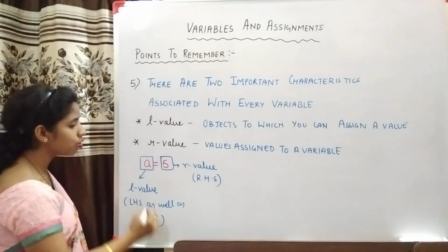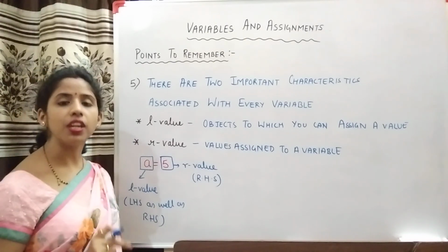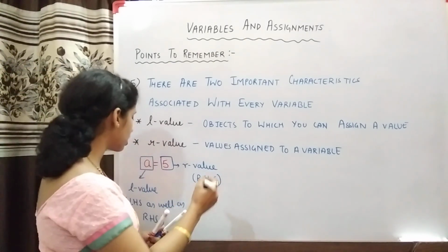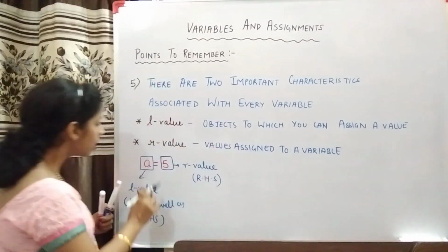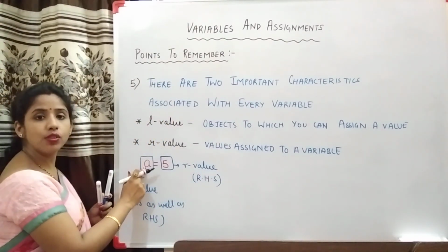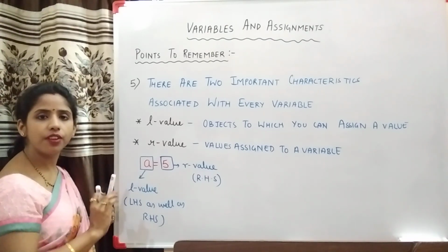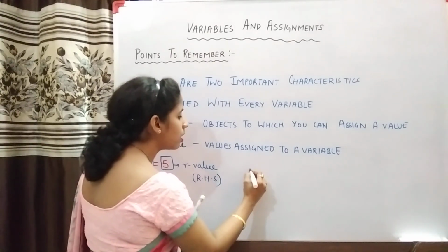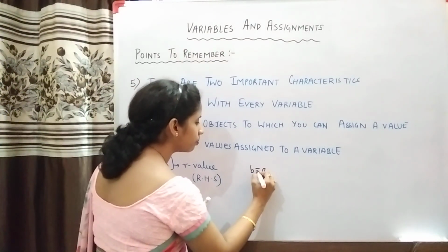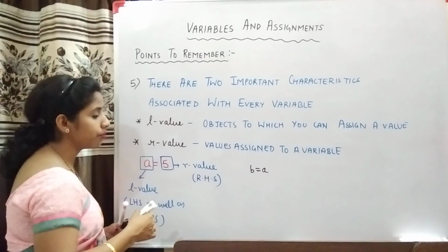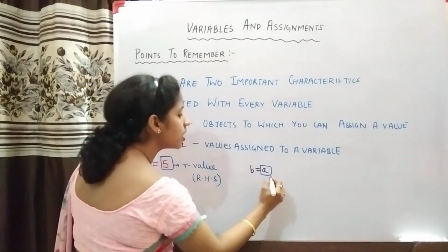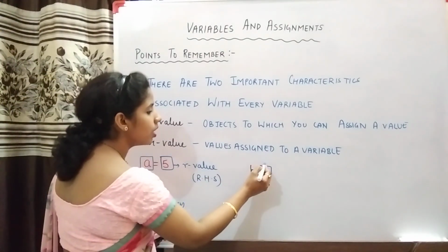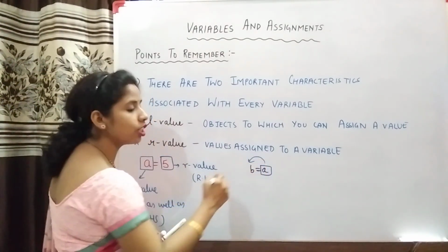मतलब हमारा ये जो L वैल्यू है ये LHS में भी प्रेजेंट हो सकता है और RHS में भी प्रेजेंट हो सकता है. तो let us see an example where here you can see that L value is on the left hand side. Generally it is on the left hand side, but you can have it on the right hand side also. For example, if I write B is equal to A. Now in this statement A is actually a L value. देखिए A तो L value थी ना, and what is happening? The value of A is getting copied over B.